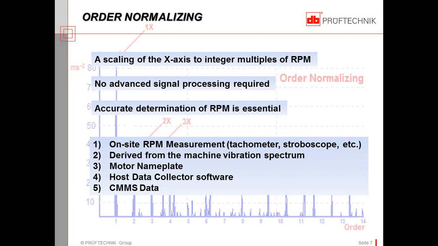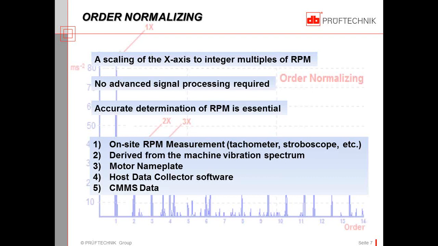It's a ratio of the shift sizes, etc. But very often we have a reasonably good idea of where that 1x peak should be, and we can identify it in the vibration spectrum. The third, less accurate method, but one of the other methods, is to derive that RPM from the